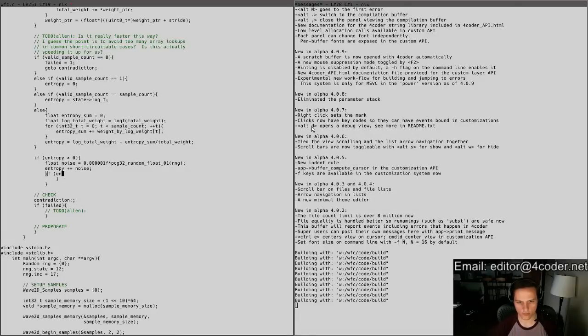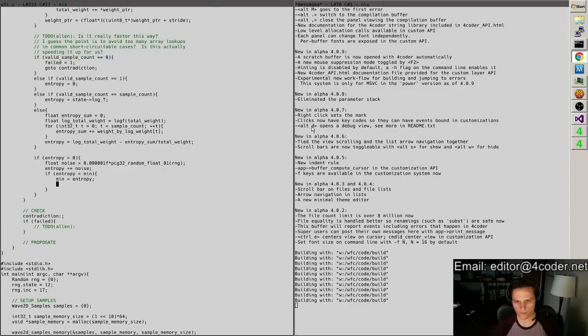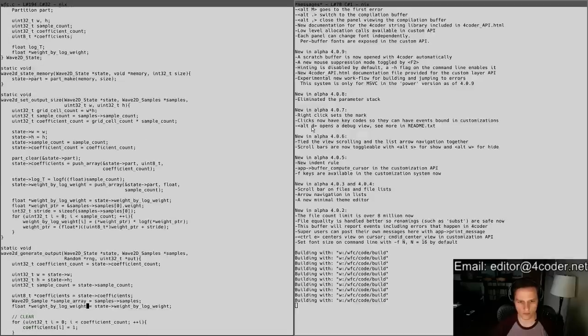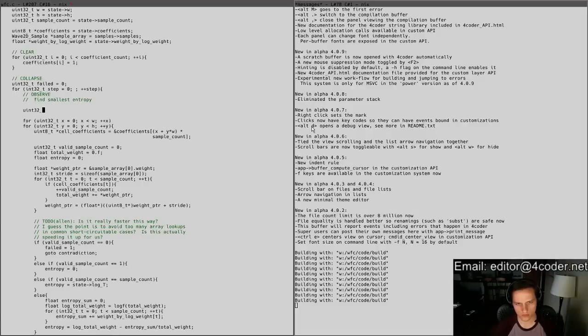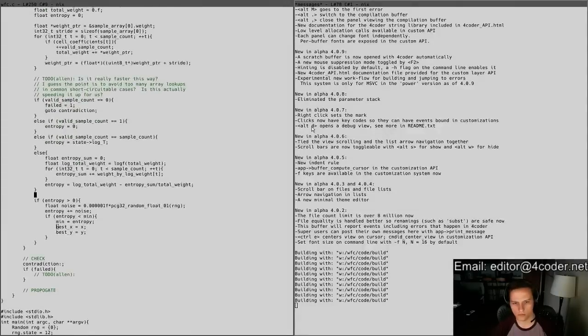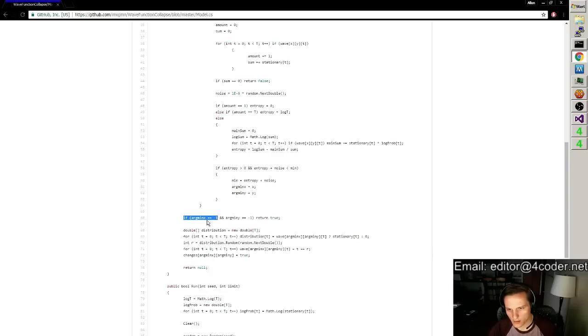If entropy is less than min, min equals entropy, best x equals x, best y equals y. Alright, so we've got that, more like indentation craziness, actually, and then